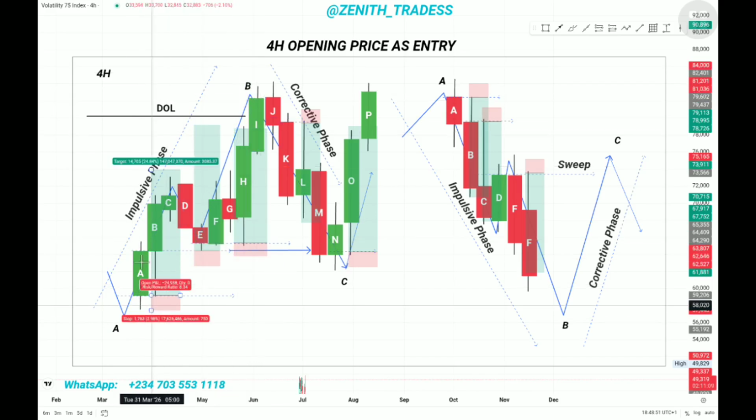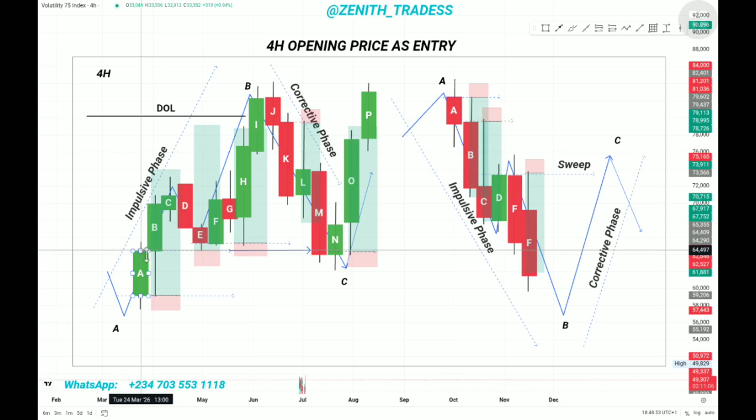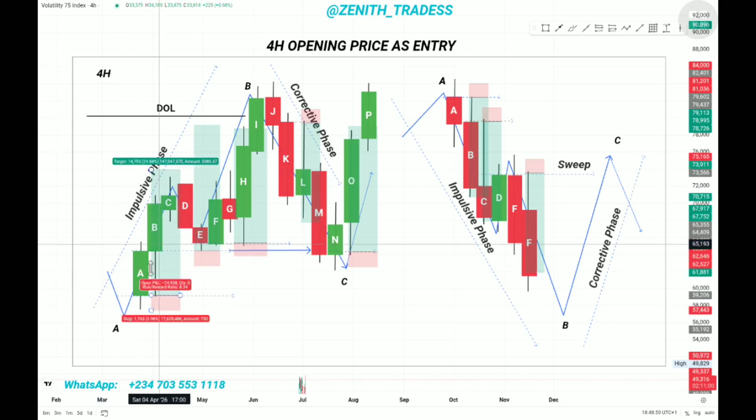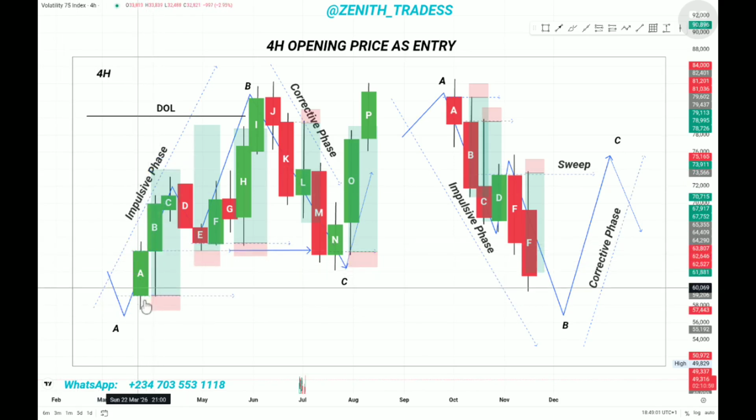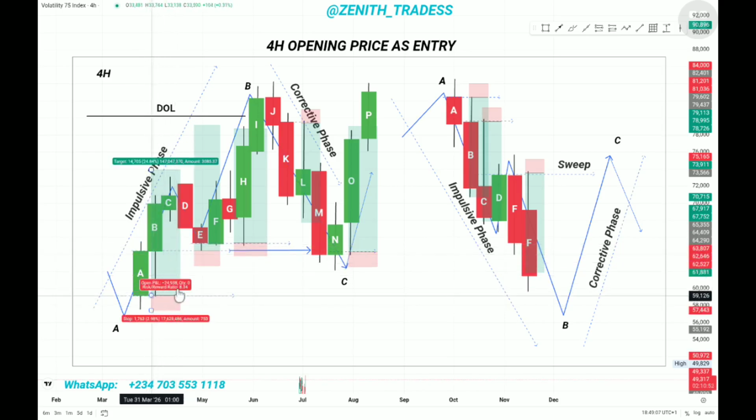Now, a candle closes bullish after a reaction leg. When candle A closes bullish, it is a directional candle. Then candle B opens. We expect candle B to retrace to the opening price of candle A and find support. If it eventually retraces to the opening price of candle A and finds support, we are buying from there, because candle A just